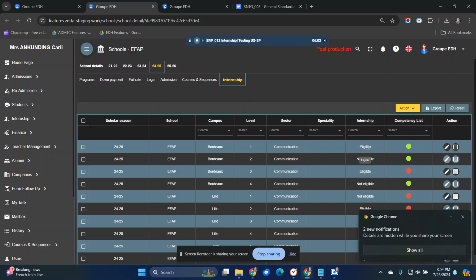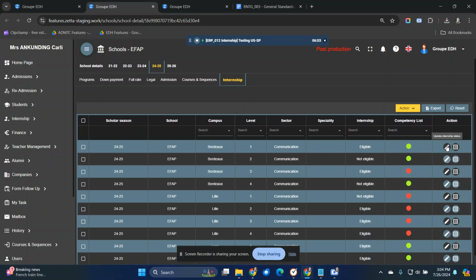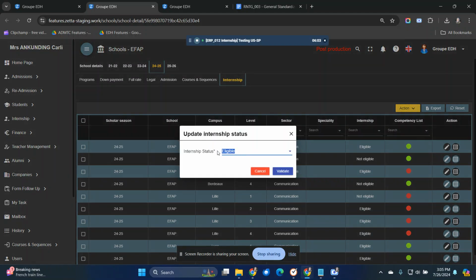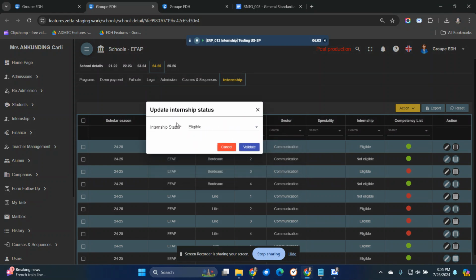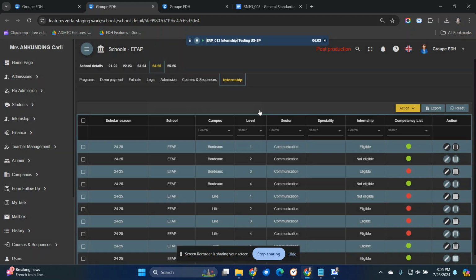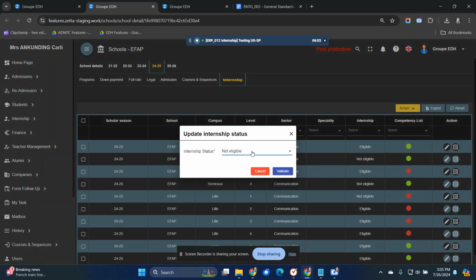Okay, I think for the eligible and not eligible, when I try to update internship status, this internship was populated in here, indicating the program already has an internship status here, and also here, not eligible.